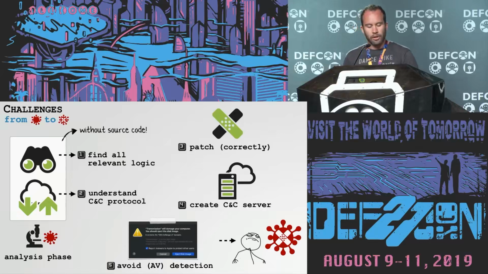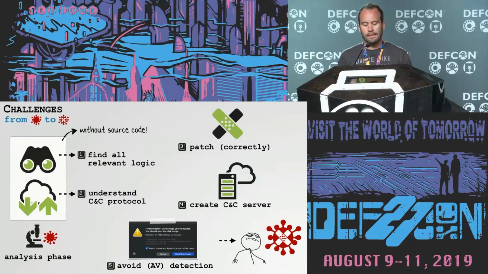Then with such an understanding, we have to figure out exactly how to patch the malware. Again, usually we don't have source code, so this involves patching at the binary level. Now if the malware talks to a remote command and control server, which most do, we will have to figure out how the malware determines where to get the address of that server, and then also understand the protocol so